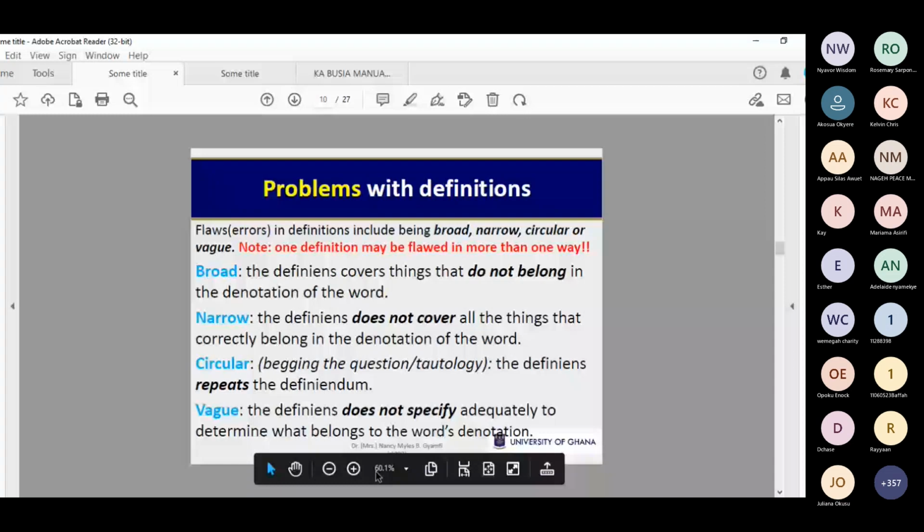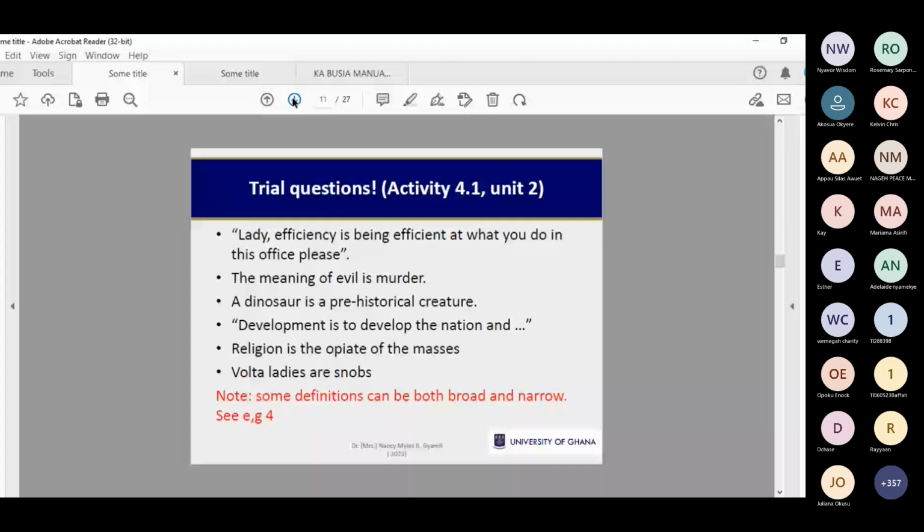So development, look on my screen, I'll project some examples I gave and come back to this. Look, example, point number 4. Development is to develop the nation and embark on developmental projects so that the nation becomes developed like the developed nations. That definition, I've never stopped saying it. I heard it on radio. Perhaps not as literally as I said it, but